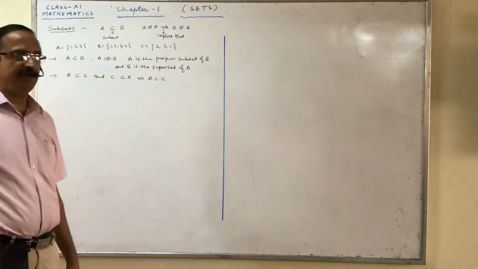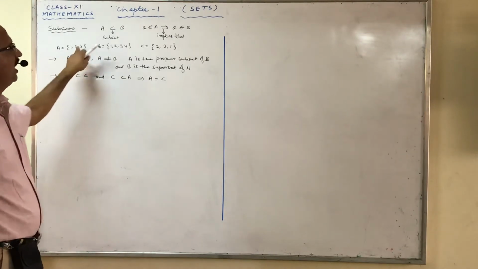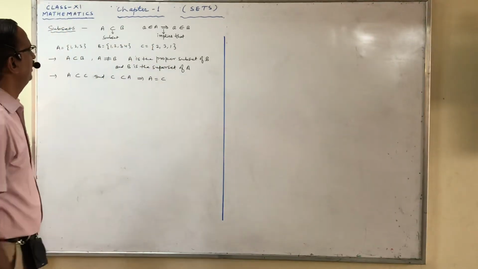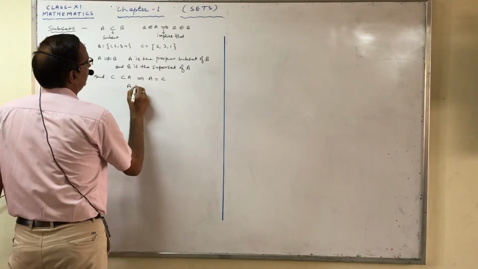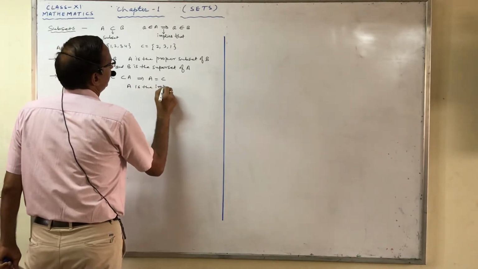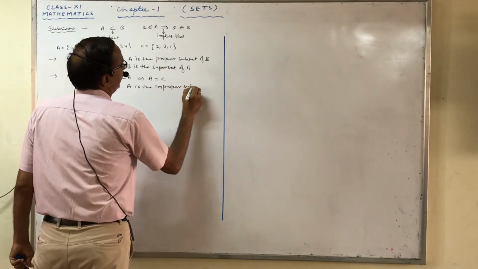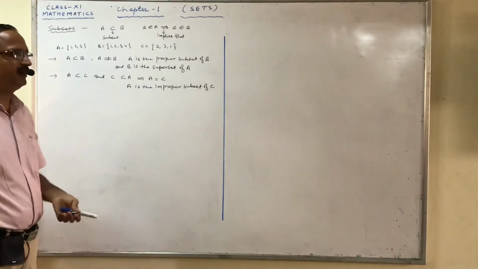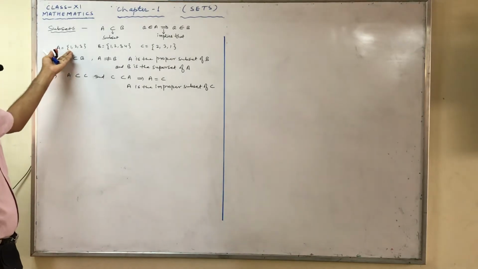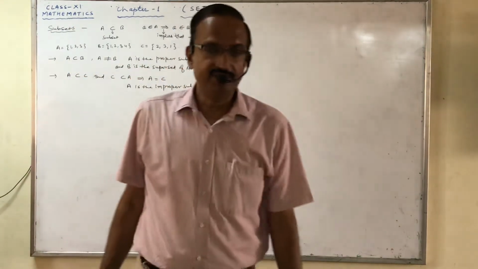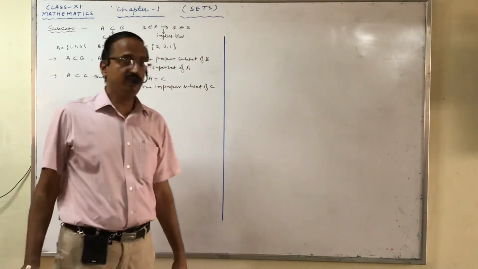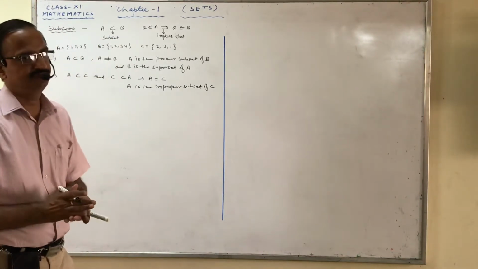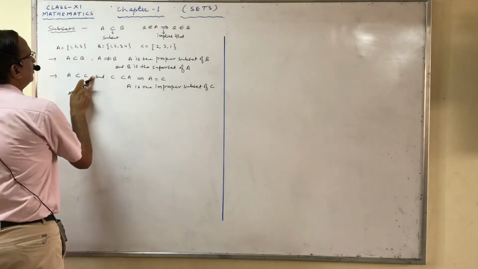So when this type of condition happens, then we can say that A is the improper subset of C. Similarly, C is the improper subset of A. So in this case we can write A is the improper subset of C. So the definition is fulfilled, meaning all the elements of set A also belong to set C. But since both have the same elements, although it is a subset, which type of subset? Improper subset.